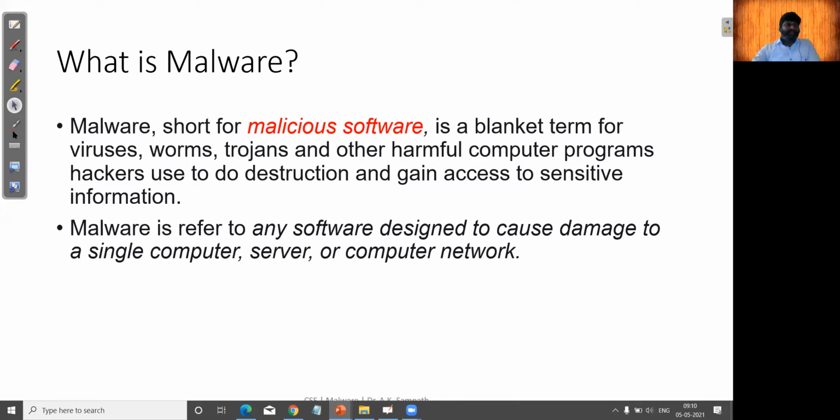So first we'll start by discussing malware. Malware is the short form of malicious software. Malicious means dangerous, which is going to do some harm to the particular resource. So this is a general term used for all malicious software like viruses, worms, trojans, and other harmful computer programs, maybe zombies and all other things, which are used by attackers to cause destruction and gain access to sensitive information or shared resources.